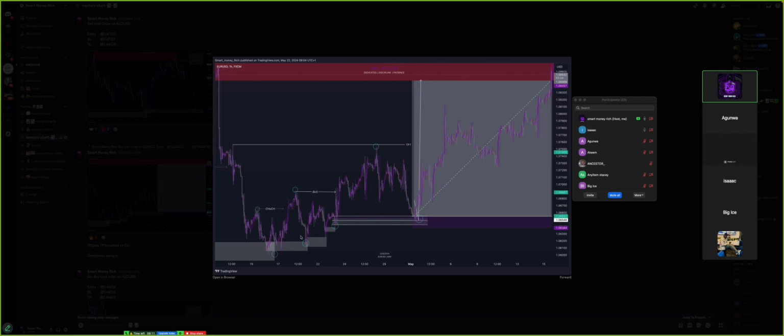After that change of character, you see that immediately price broke above this high. We then saw a pullback. After the pullback, that's how we started seeing the trend. I waited for a change of character, and I also waited for a break of structure. After the change of character, the next break is going to be a break of structure. After that break of structure, that was when I looked out for entry, and this is where I got my entry. You understand? So for me to get this clean buys, I had to wait for a clean